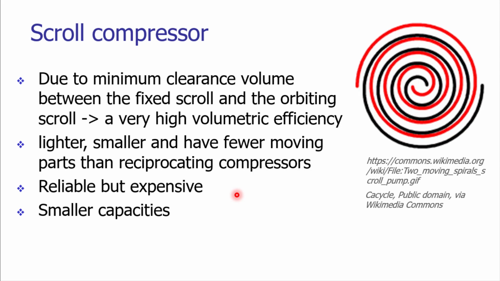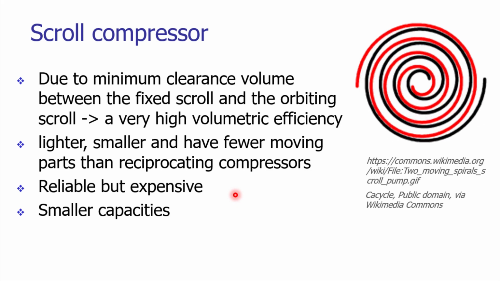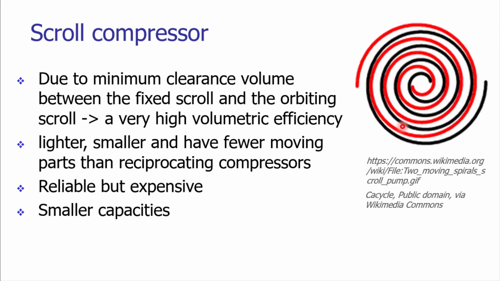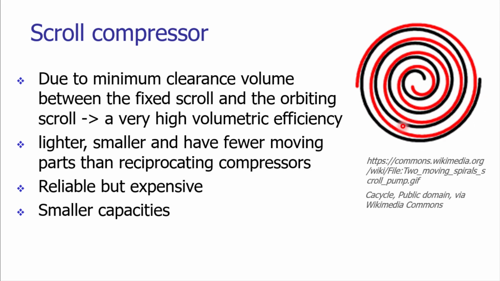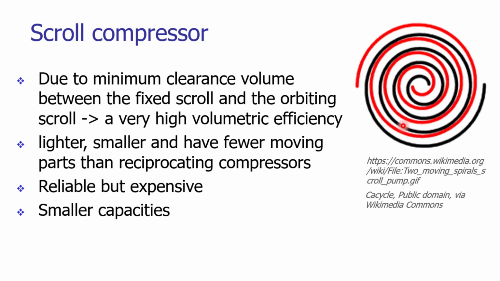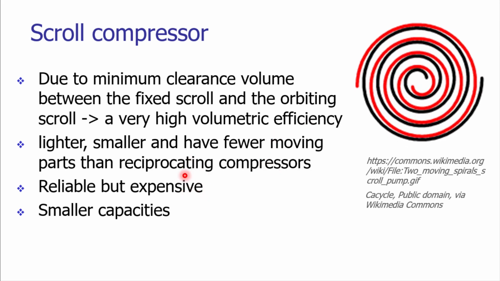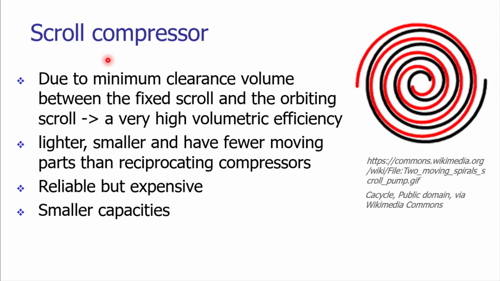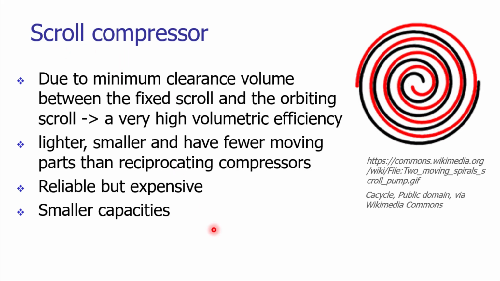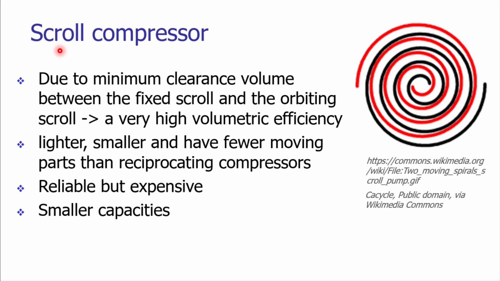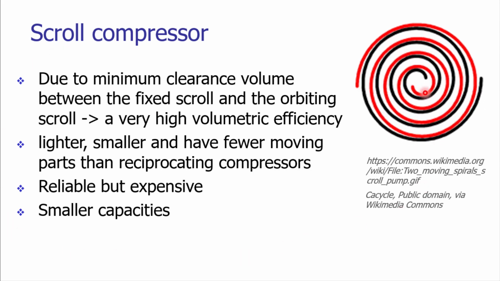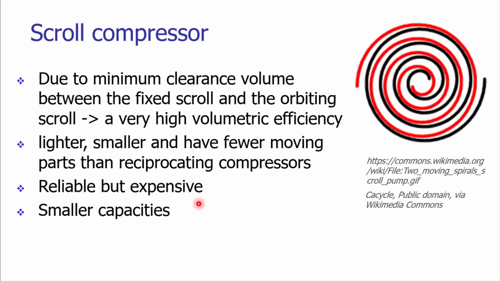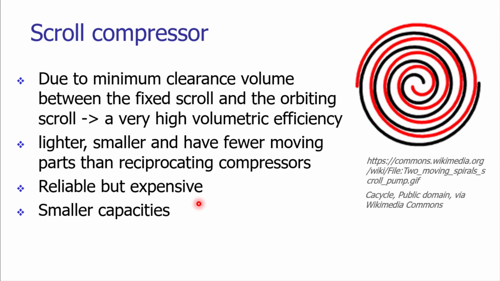The assembly is a little complex. Though the working is simple, manufacturing the exact spirals of the required dimensions, assembling them, and generating the orbital eccentric motion is quite difficult. Therefore, due to the construction complexity, the expense that we need to incur for the scroll type of compressor is a little high. The capacity of the scroll compressor is low because the volume of compression is low. That's why we are getting small capacities of pressurized fluid.